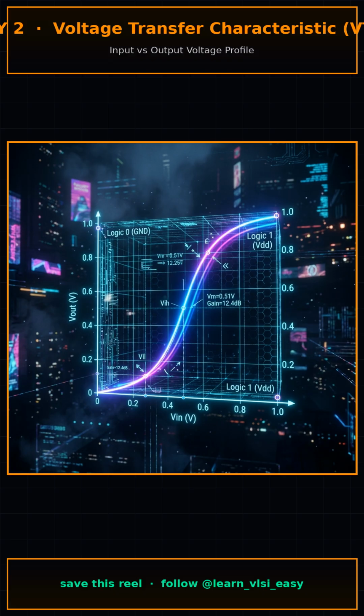The VTC curve drops incredibly sharply. The steepness of this slope defines the voltage gain of the inverter. Why does a digital gate need high gain? Because a steep transition is what allows the inverter to restore weakened, noisy signals back to clean, crisp logic levels. The switching threshold itself can be precisely tuned by adjusting the relative widths of the PMOS and NMOS devices.